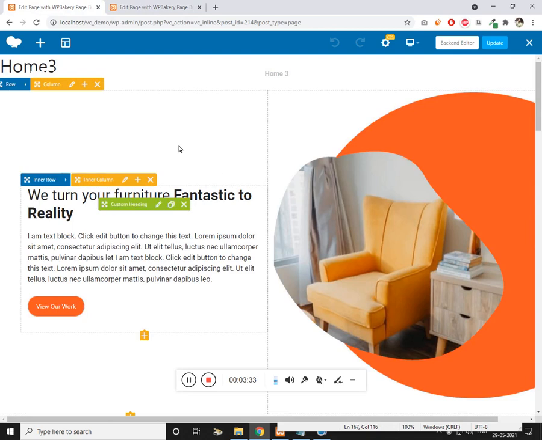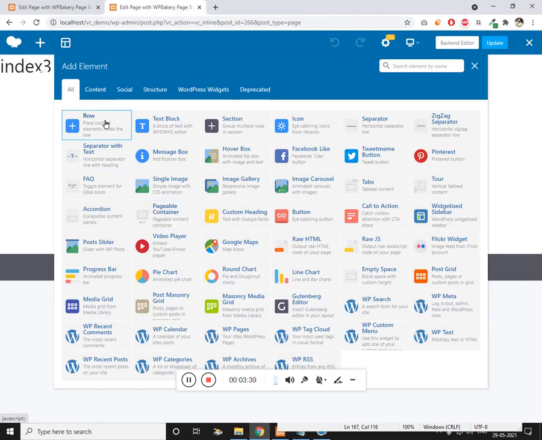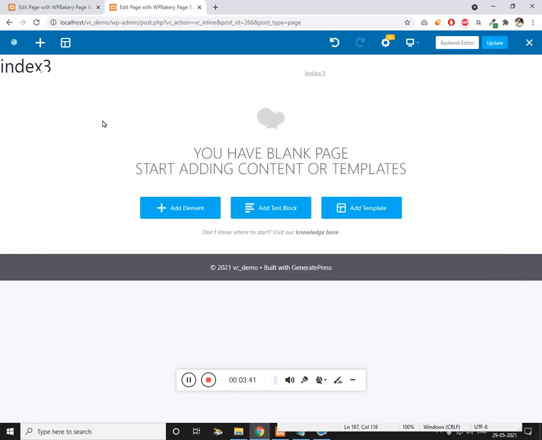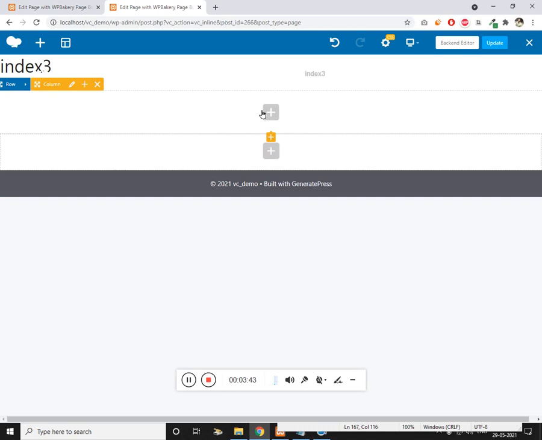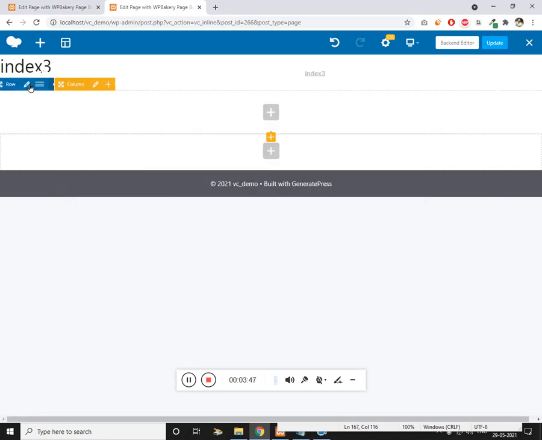The first thing, we need to add the grid. So add element, this is going to be a row, and we want the row to be full width. In the meantime, let's just add a column. So click on here.